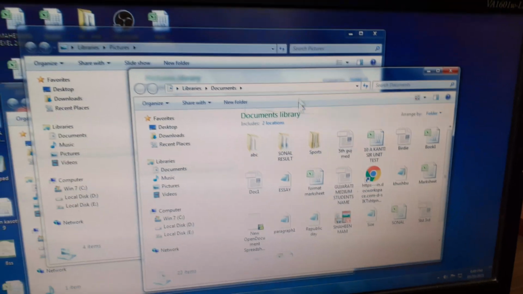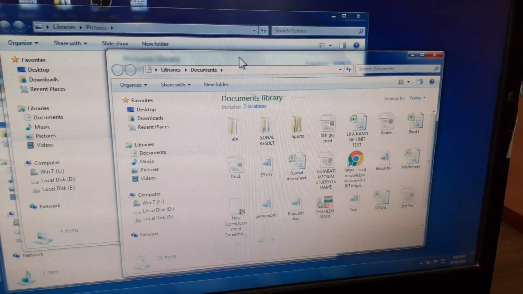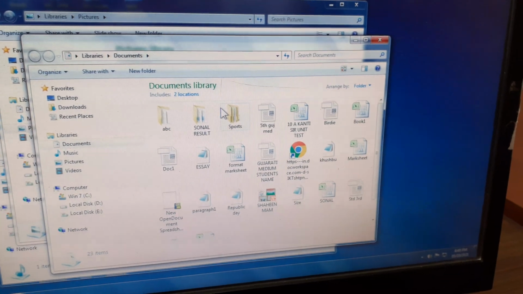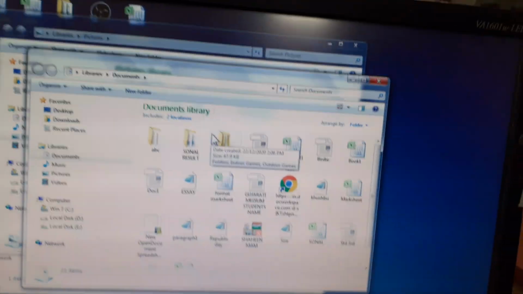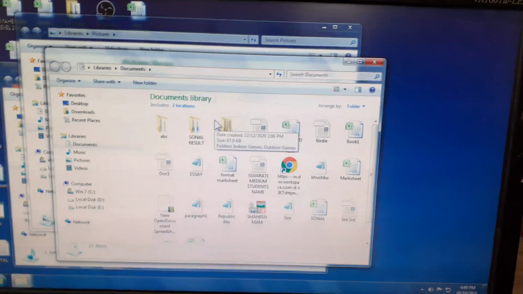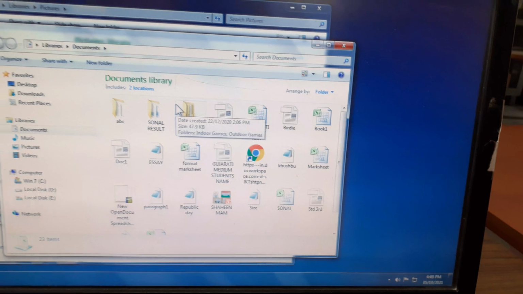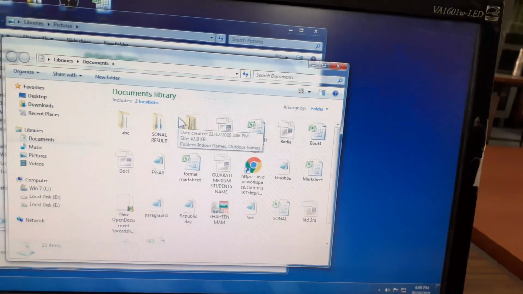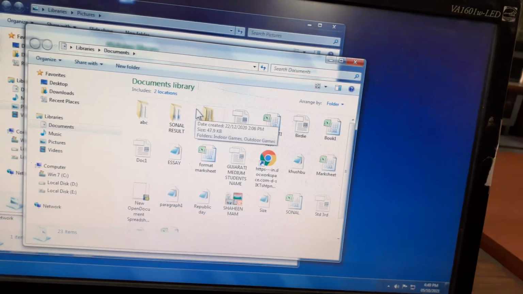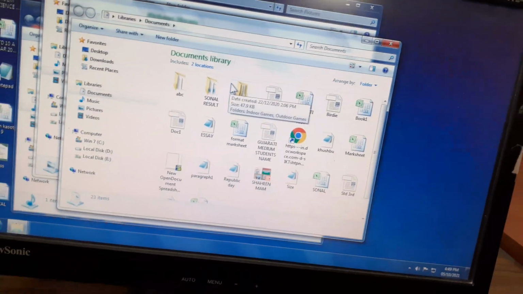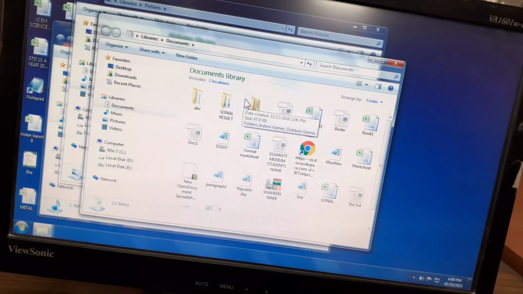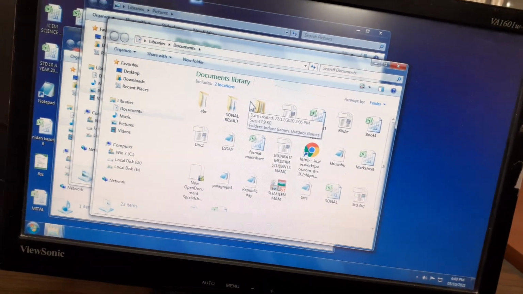Now you can see the documents window is active. So in this way you can make any window active, whatever you want.